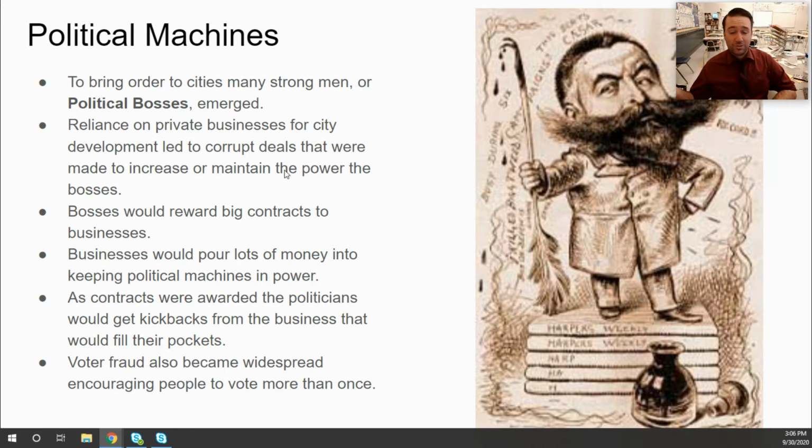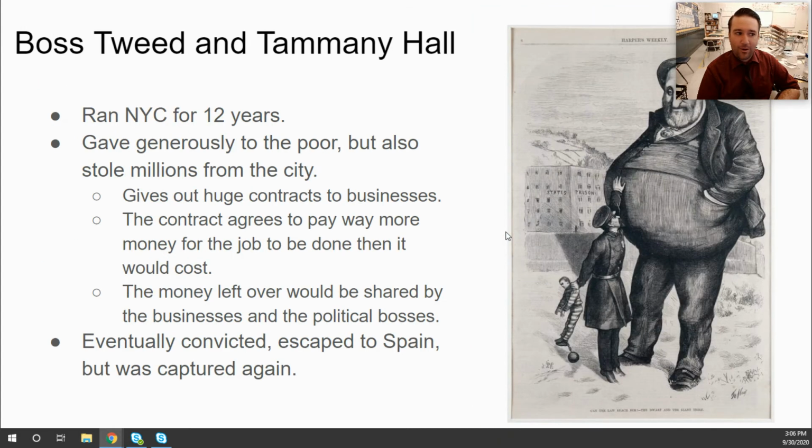Oh, and then you can go to the barber a third time and shave the mustache, and then show up again and vote for a third time. And this is, of course, illegal, and this doesn't happen today. At least we hope it doesn't. And that's how these parties stayed in power. And so the best example of these party bosses is Boss Tweed